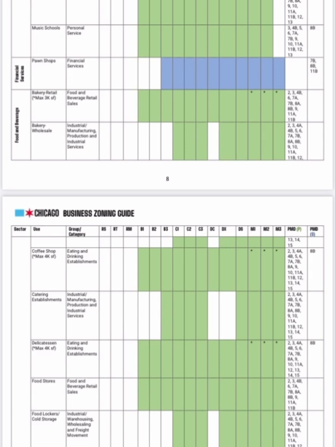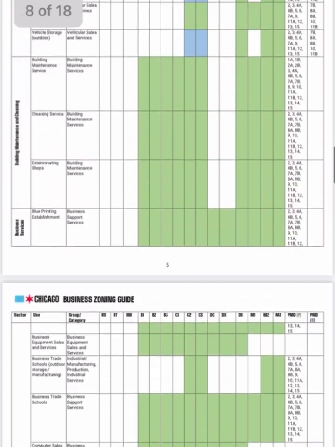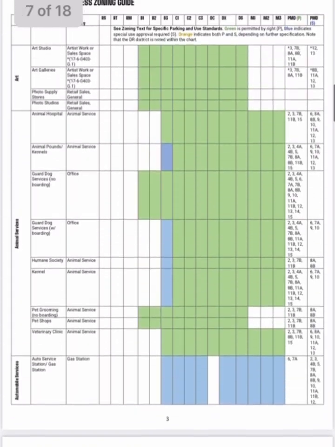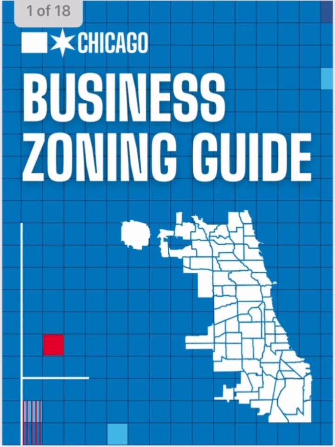There's a lot of natural restrictions in the market. People aren't going to want to go where things aren't suitable for them, and they will go where they are suitable. And so the market does a lot, and the city has a lot of other rules. We have sound ordinances. People do have rights to not be bothered. And so I think that this zoning guide needs to be looked at, and they need to take a red marker and then cross a lot of it out and make rules that make sense.